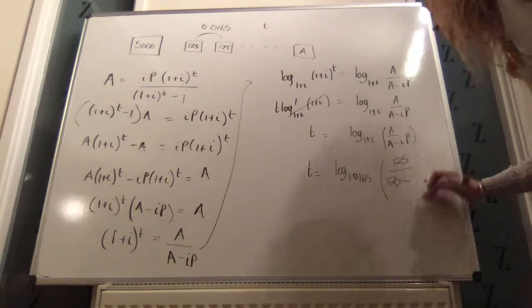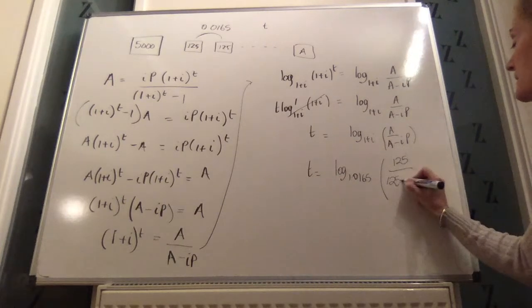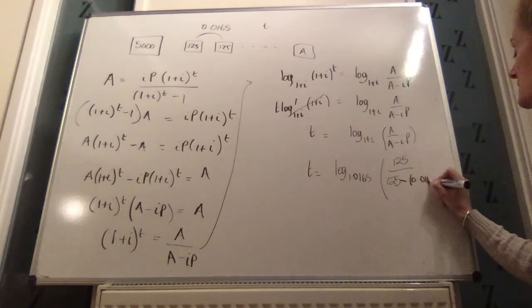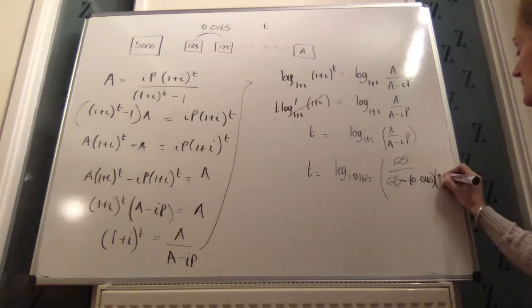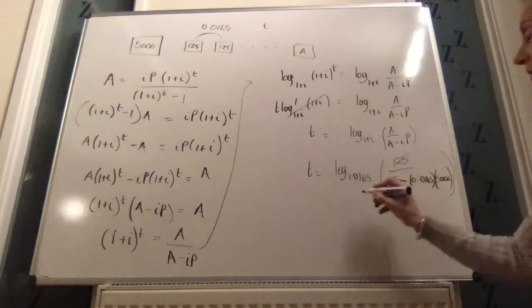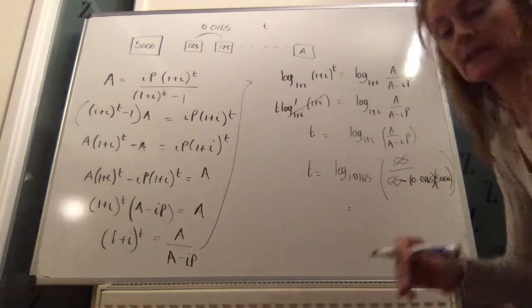So it's 125 minus 0.0165 times 5,000. All I've done there is sub in the values for everything, and when you put that into the calculator,